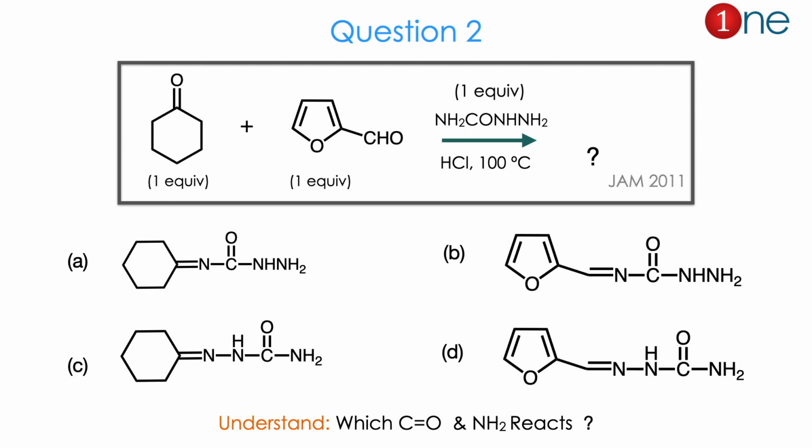They ask you to find the product where the hydrogen attacks. Hydrogen attacks at the cyclohexane, or in the benzene ring, or in the carbonyl group in the furan. So the product could be from hydrogen formation, or amine formation, or side chain amine formation, or side chain hydrogen formation. So from the question to the product you might guess the real question is which C=O reacts and which NH2 reacts. The answer is C. Let us see how.